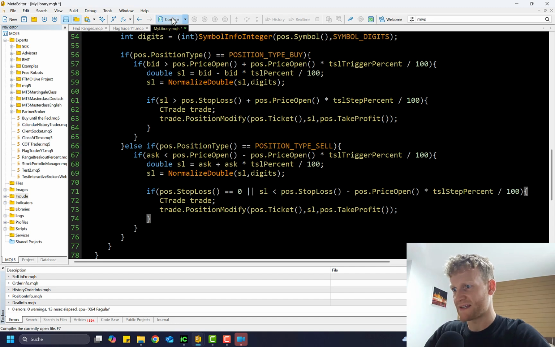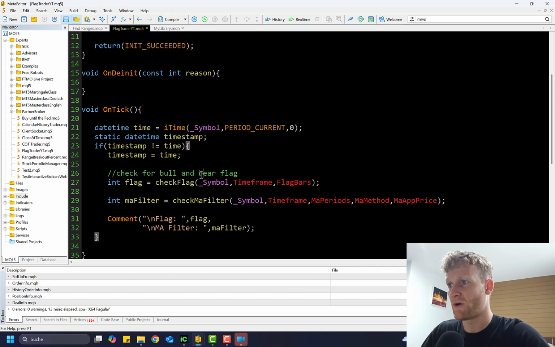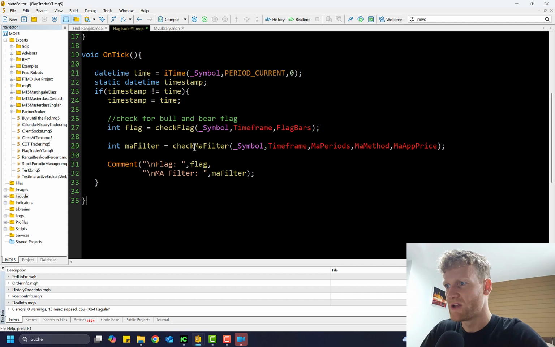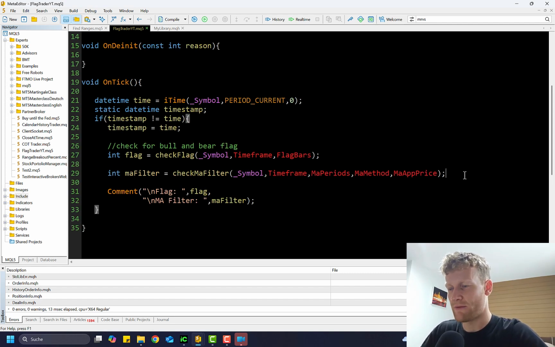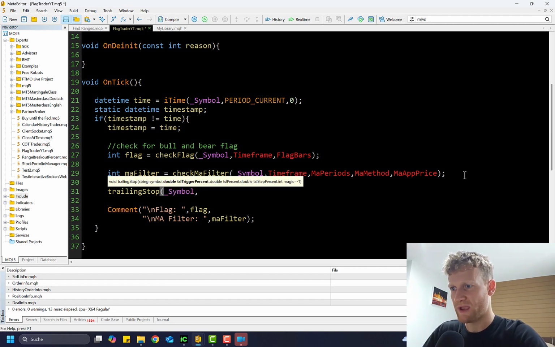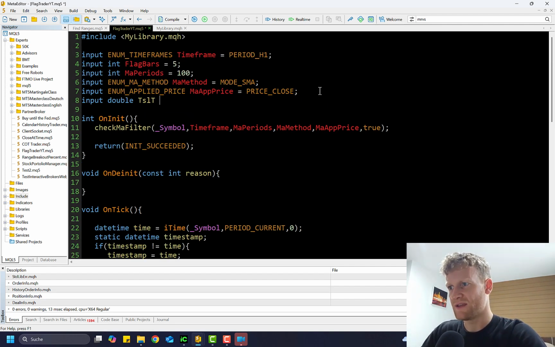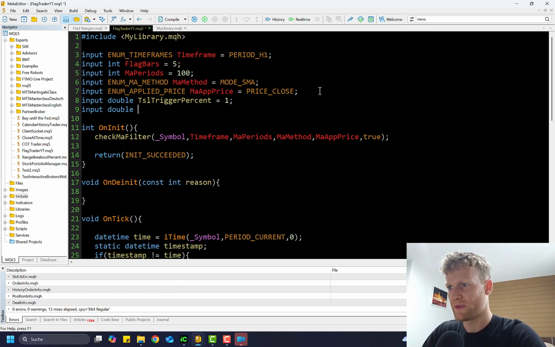So this is a basic example for a trading stop loss, and since we have this in this trading stop loss function now, we can use it in our flag trader program, or in any program actually that includes my library file. So here we can do for example trading stop for the current symbol, and then we have to provide the TSL trigger percent. I don't know, let's say, I mean, usually you want to make inputs for this. TSL trigger percent is like 1, for example, TSL percent 0.5, for example, and then